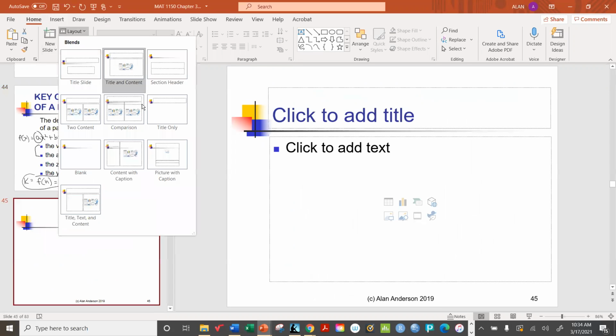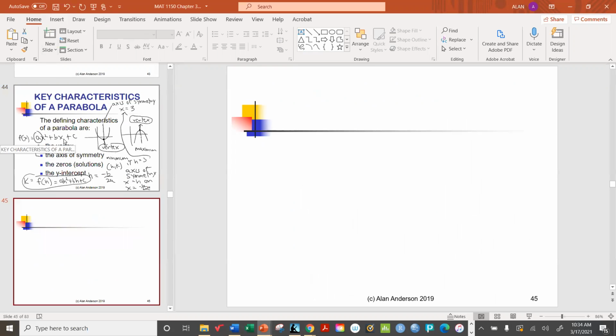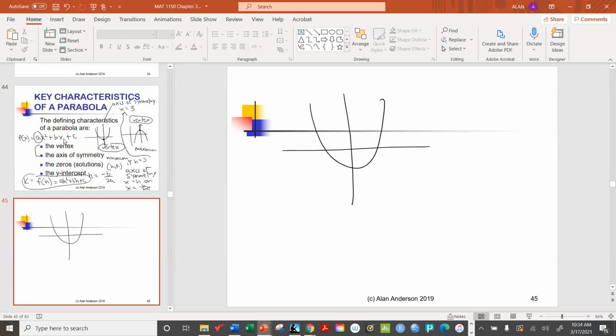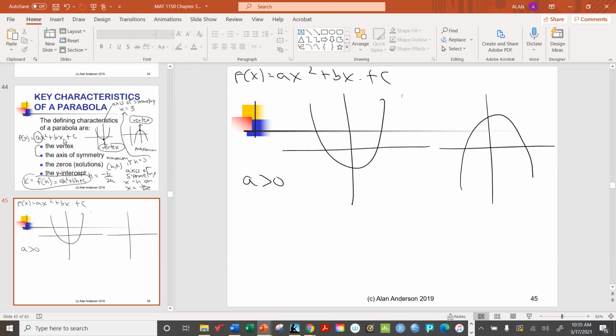If a is greater than 0, that's right, up means a is greater than 0. Remember, the function itself is always ax squared plus bx plus c. So when it faces up, a is positive, and when it faces down, like you said, a is negative. But this also implies that the vertex is a minimum,